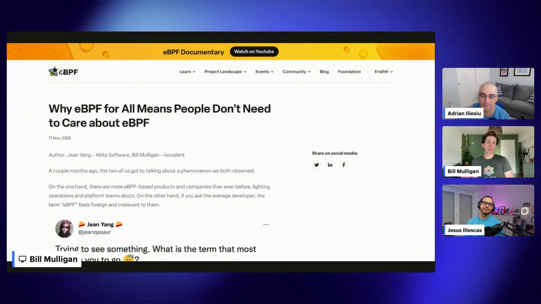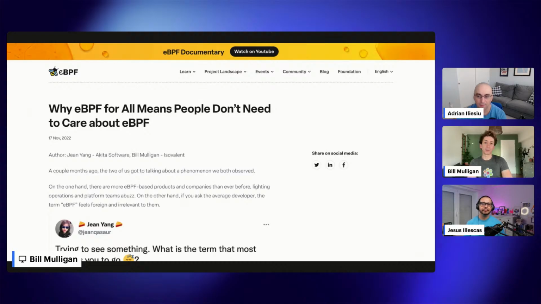I don't think it's the same way of programming the Linux kernel. How many Linux kernel teams do you have in the world? Not that many, but you still get the benefits of running Linux. And just because you aren't specifically programming eBPF programs, you can still benefit from it. There are so many companies around the world that use Cilium as their CNI, but most of those companies aren't writing any eBPF programs. They still benefit by using technology that has adopted eBPF.